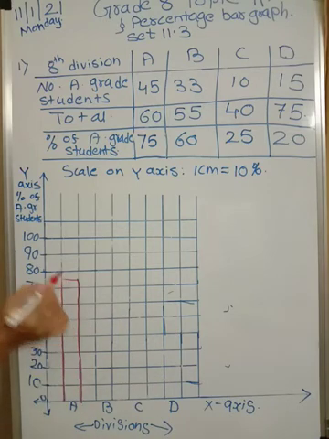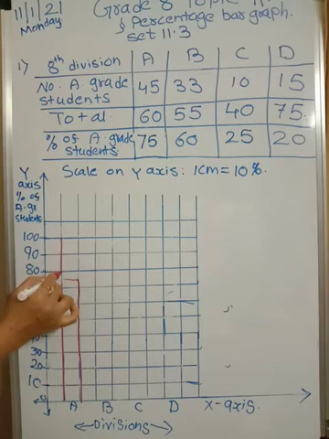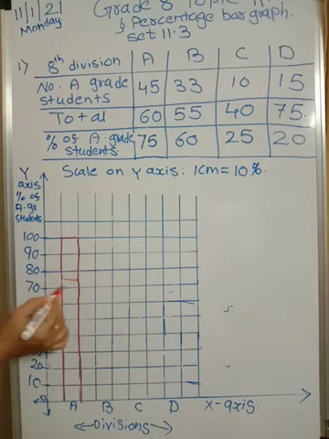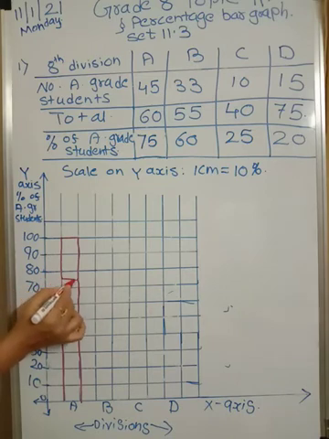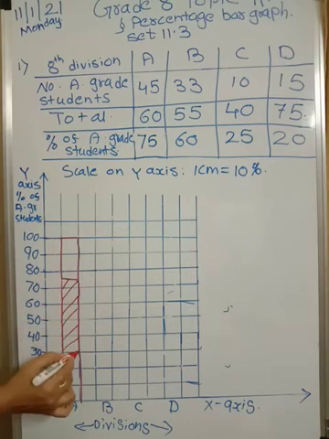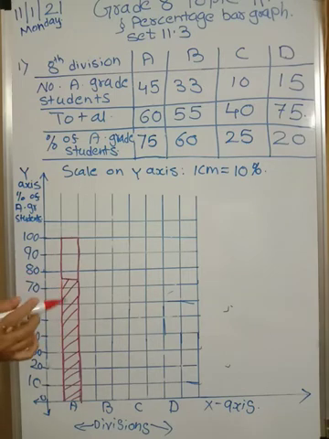This is 75, but what I have told you, all the graphs should be till 100%. So take it up till 100. All the graphs, first you have to draw till 100% and then mark this is 75. So from here to here is 75, and I am showing this with variation like this. Or you can use some other design, but see that you don't waste so much time in this. Okay. So from here to here, that is A division, 75 students, or you may say 75% of the students.